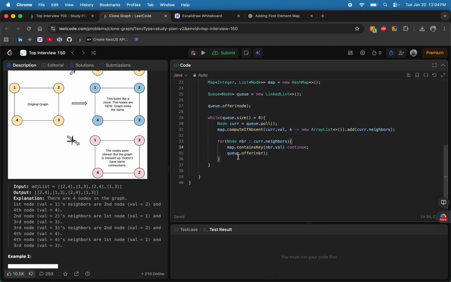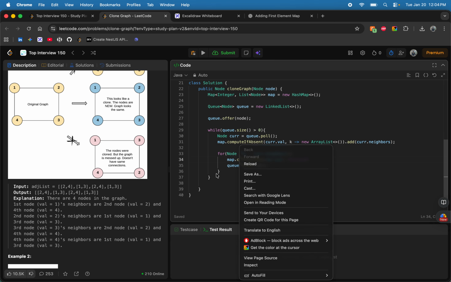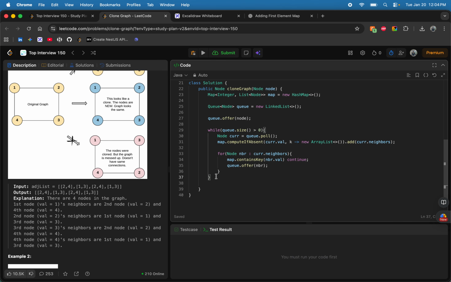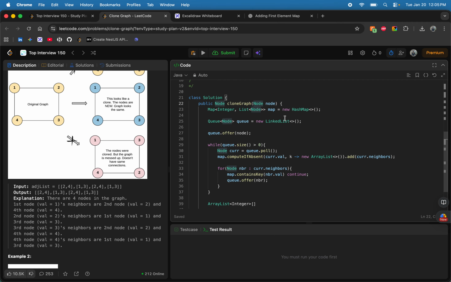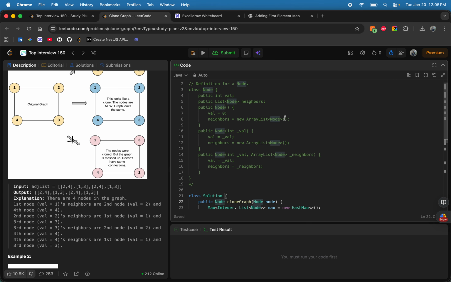Cool, so the map is done. We just have to create an adjacency list. Okay, let's take array list of integer. Okay, so first we have to return the first node. Okay, we can't return something like this. So what we will do is,